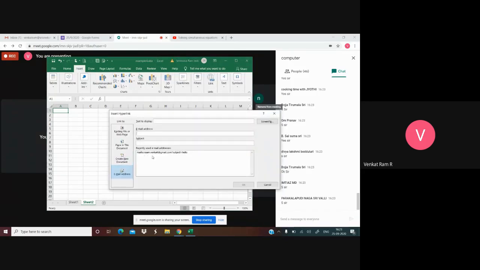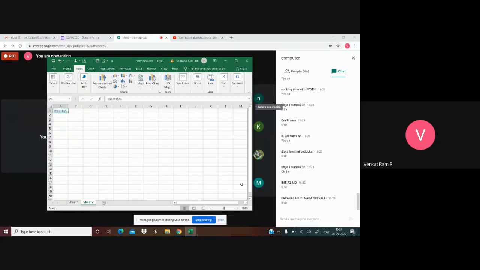Okay, so if you want to create a link of some other, see here, sheet 2, I am making it. Click on OK. So if I click on this, what happens? That sheet 1 will open.